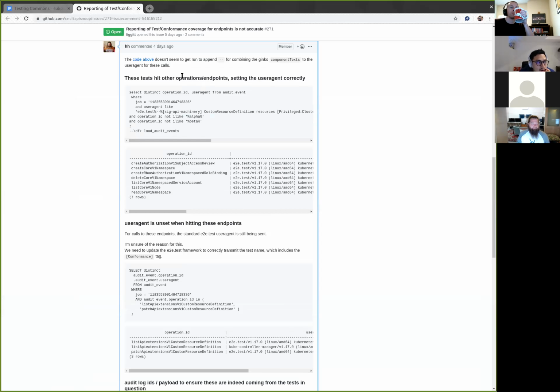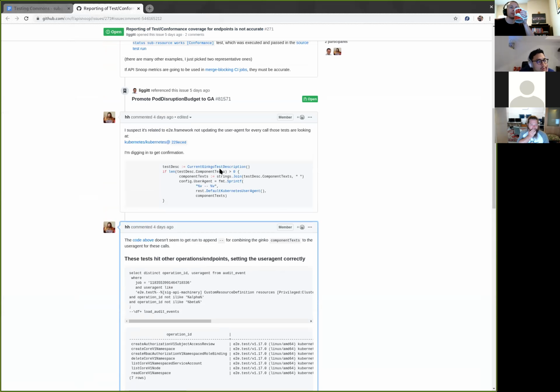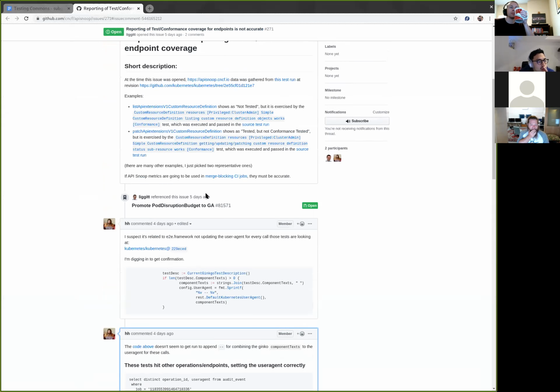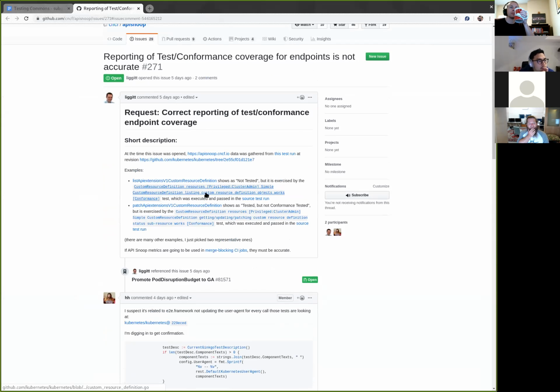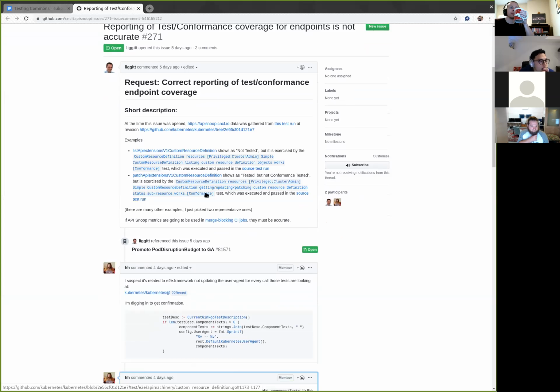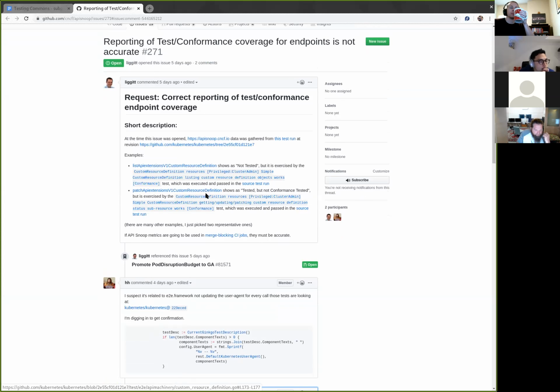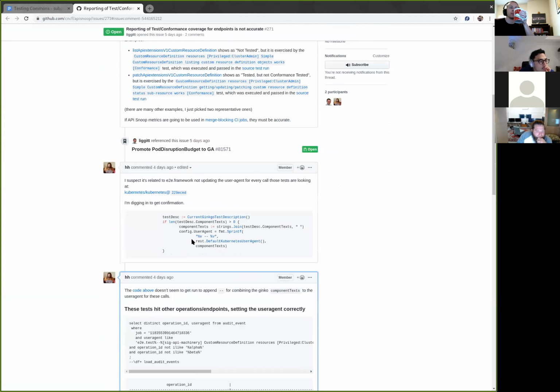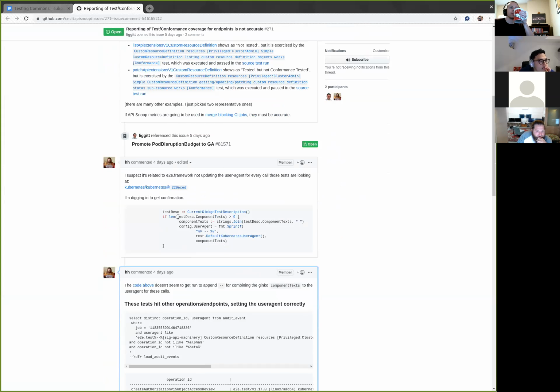And trying to find this last bit, if you scroll up just a little bit, this is the comment identifying exactly which audit events are generating the problem. If you look at that comment from 4 days ago, the second one, I suspect it's related to the E2E framework not updating the user agent.